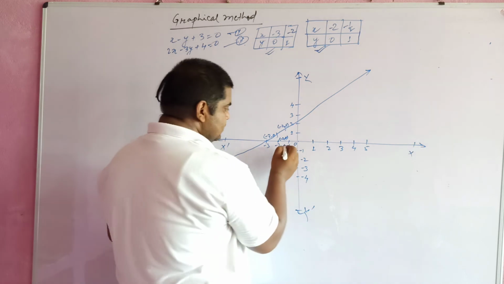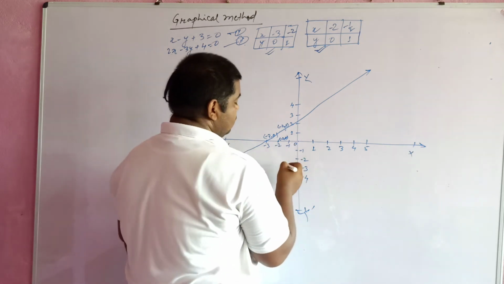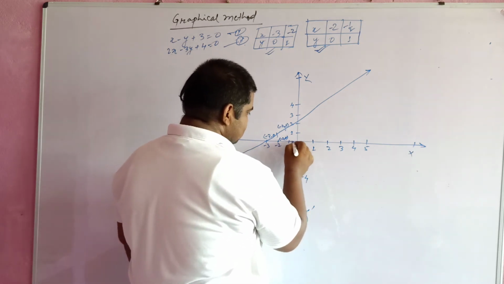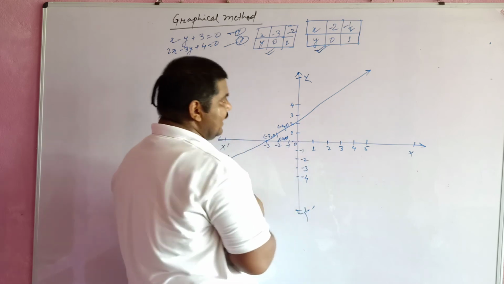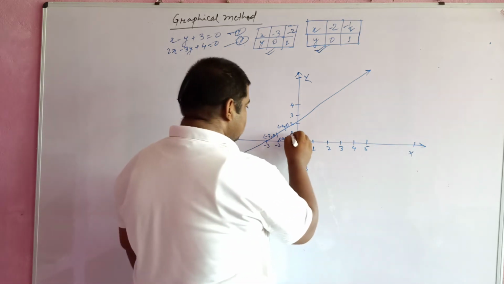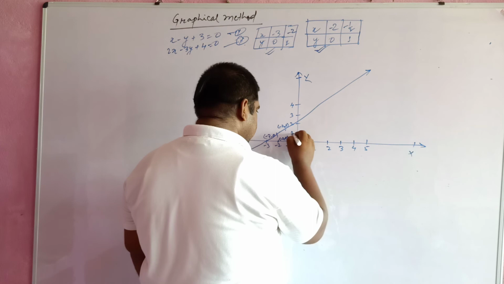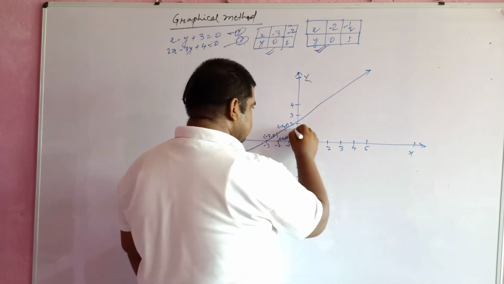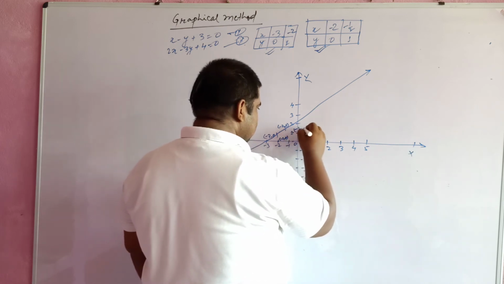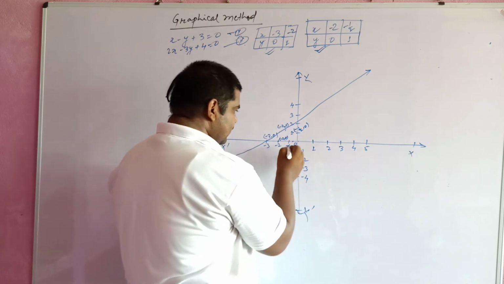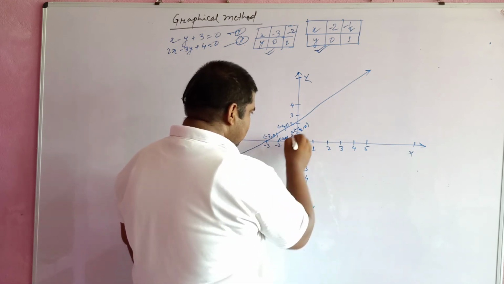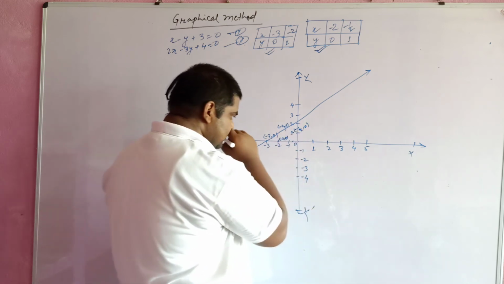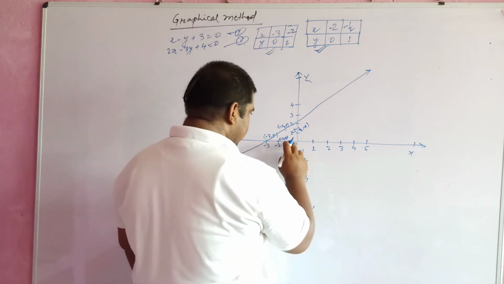The value of x is minus half, and it is located here, and y is equal to 1. So there is the point. It looks a little bit crowded over there. So this is one point, and this is another point. Here I have just drawn